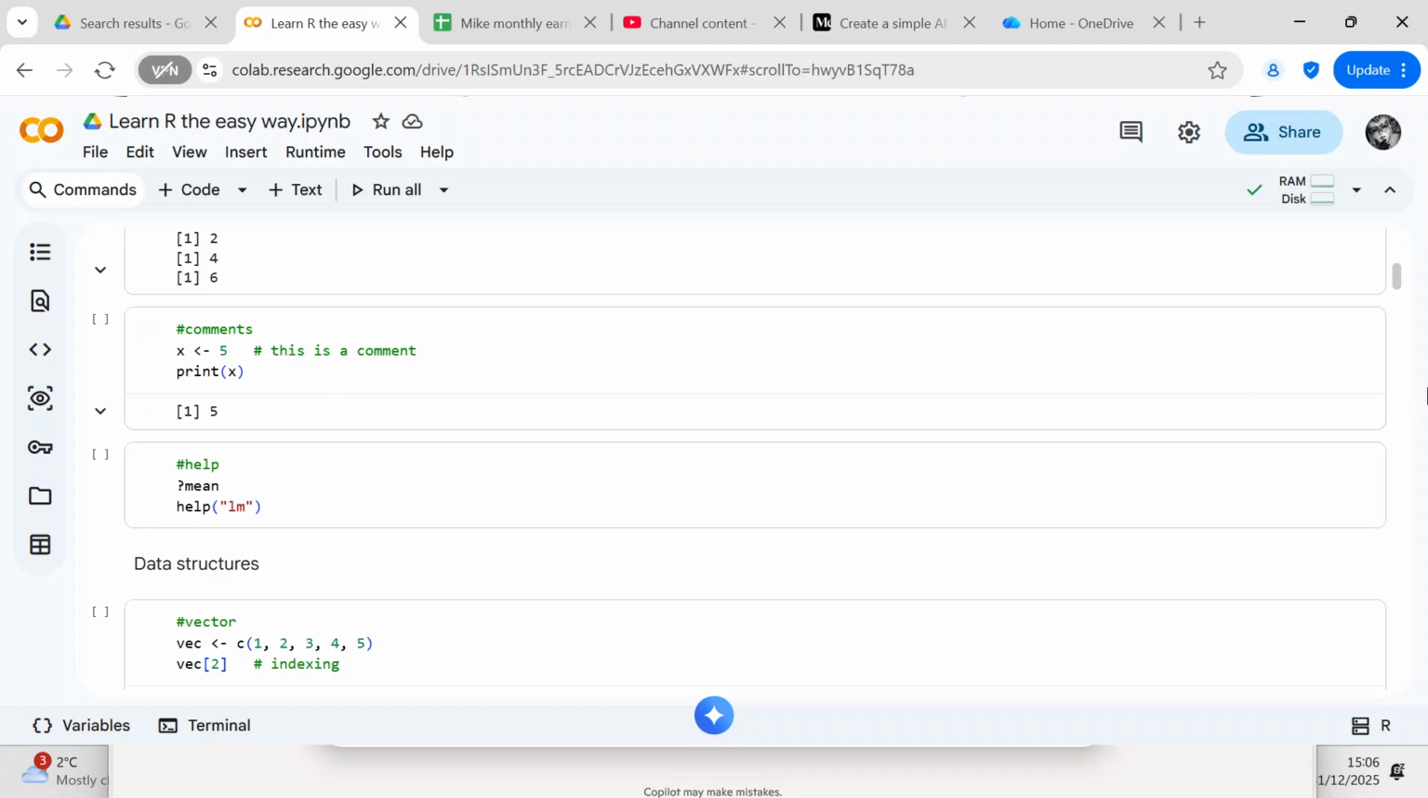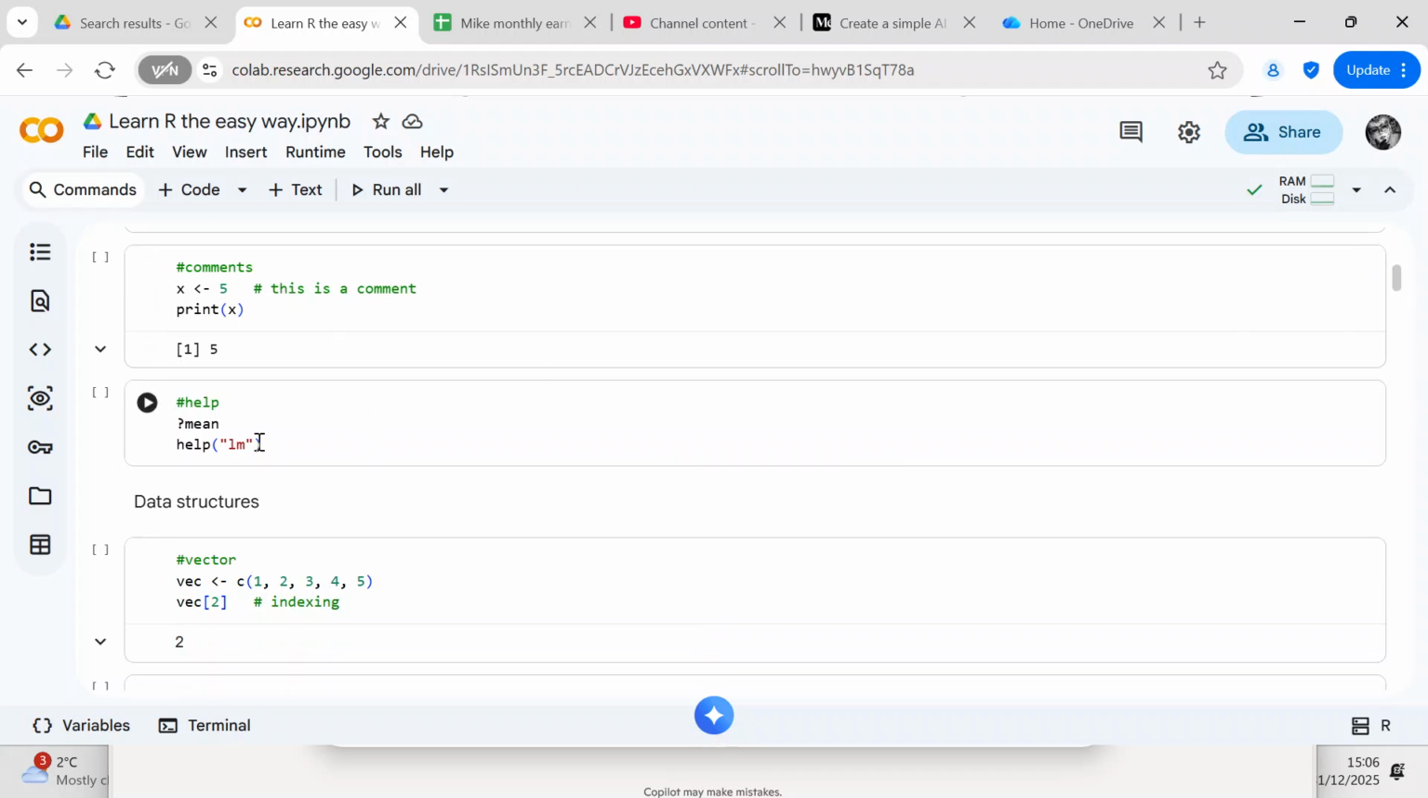And then you also have a help menu. If you need help, you can do the question mark and then the function that you need help on. Another thing you could do is say help and then the function that you need help on. So there are two ways that you can ask for help. So we'll just run this,